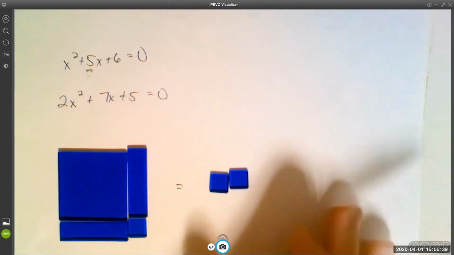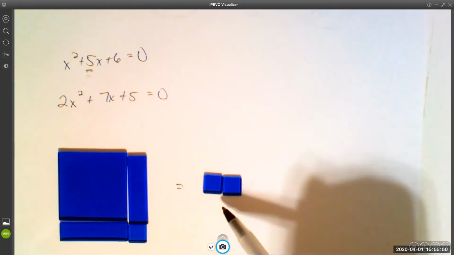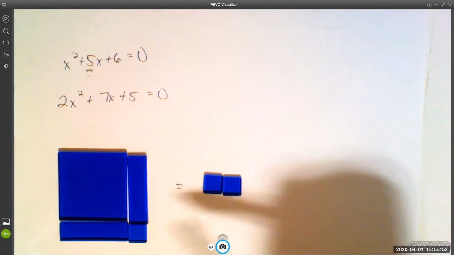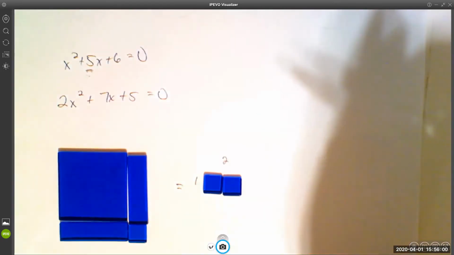I don't know what equation you would have started out with to end up with this scenario, but it is possible you could be solving some kind of equation and end up with a scenario that looks like this. Now, the left-hand side is arranged into a square. The right-hand side is not arranged into a square. This is a 2 by 1, which doesn't really work out,